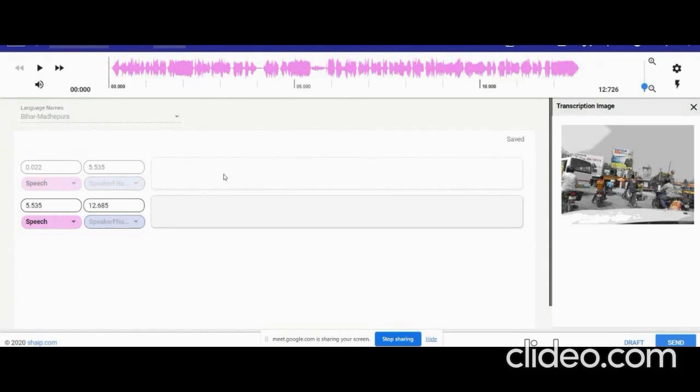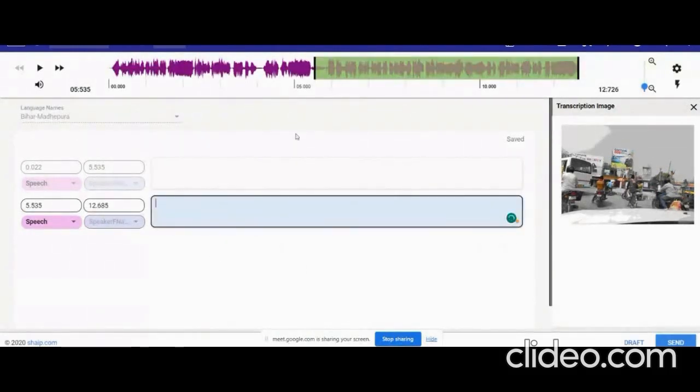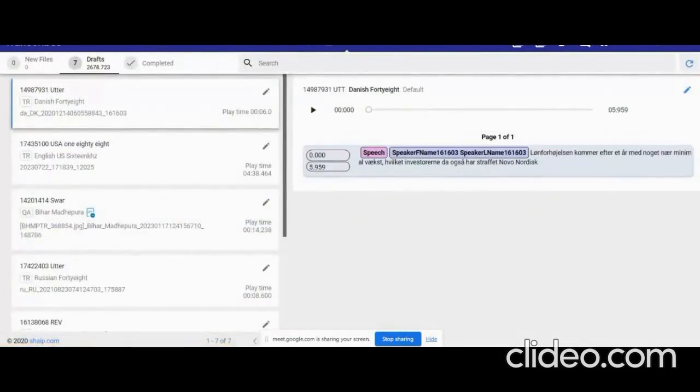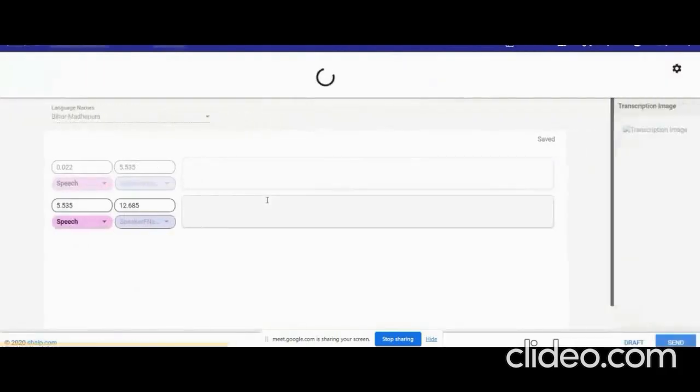Now, if I click onto the first segment, it won't allow me to work on it because it is grayed out. So if I click onto the second one, like this, it would be highlighted. Then I need to click on to play and then listen to the audio and then do the transcription. So I'll repeat once again. Whenever a file is being assigned to you, first you need to click onto the pencil sign and